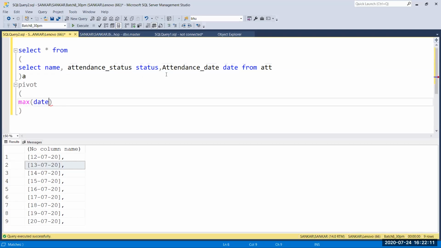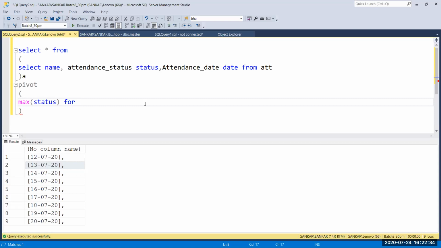You can call the alias names here, substitute names here. So maximum, for here I have to pass status, because I'm going to make the attendance date column values into column headers.